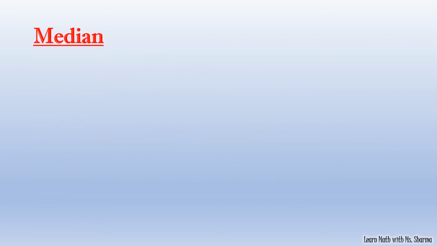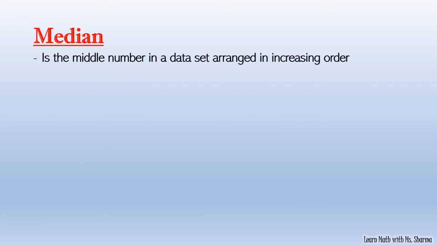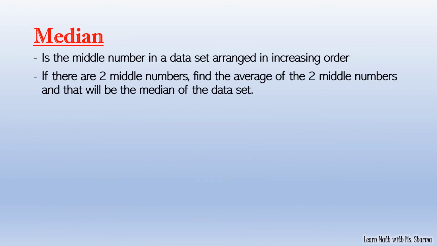Median is the middle number in a data set arranged in increasing order. It's the middle number only if you have an odd count of numbers. But what if you have an even set of numbers in the data set? Then the median will be the average of the two middle numbers. So, the median is the middle number in a data set arranged in increasing order. If there are two middle numbers, find the average of the two middle numbers, and that will be the median